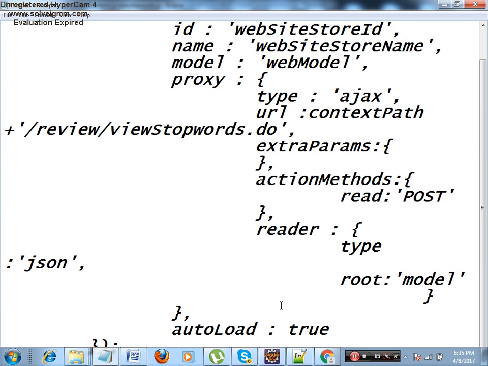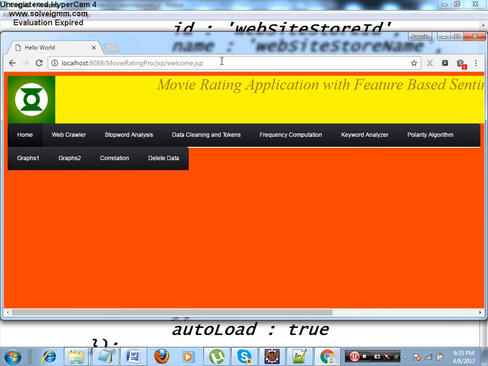Okay, now if you want to send the request to the server through an Ajax, we require a store. The store should have a proxy. Inside that proxy, you have to mention URL colon. That is how you can send the request. If you want to read the response that is sent from the server, inside your store you need to have a reader, and then you have to define the type of the reader and the root from where you want to read the data. Okay, now observe something.